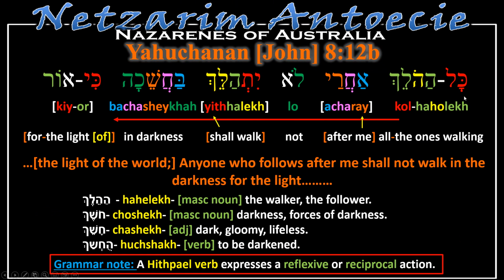And now we come to 12b. We have a kaf, lamed, hey again, lamed, kaf sofit, aleph, chet, resh, yod, lamed, aleph, yod, tav, hey, lamed, kaf sofit, bet, chet, shin, kaf, hey, kaf, yod, aleph, vav, resh. And we read it, kol, meaning all, ha-holek, the ones walking, because we know holek, and as a noun, ha-helek, can mean the walker, the follower. But in this case, it's holek, so it means walking, the one walking, the ones walking. So all the ones walking,